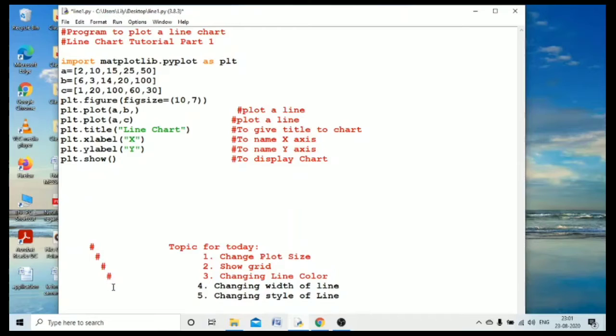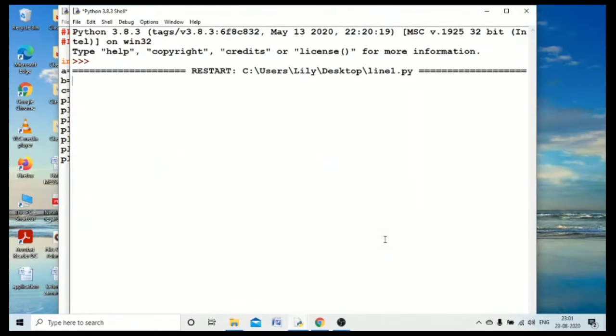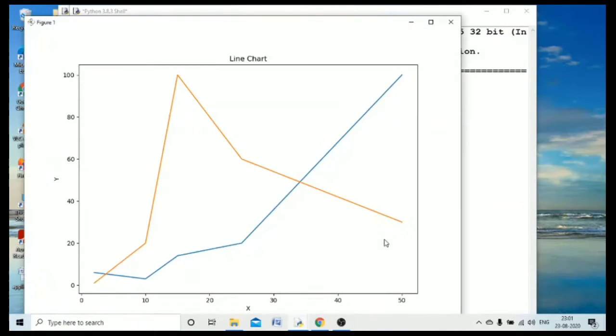So let's check. Okay, first I have to comment the topics which I have written, so let me do that first. Okay, then after doing everything you have to save and then run your source code. So you can see that the graph size has been modified.